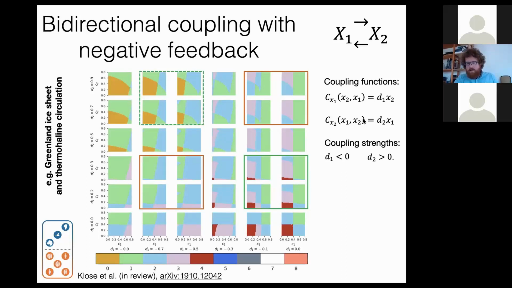because this facilitates the tipping of the thermohaline circulation. But on the other hand, the circulation leads to heat transport from the tropics to the Arctic, to the Greenland ice sheet. So it should in turn dampen it. That should be a negative interaction here. And we can then again do these types of plots where we look at different numbers of fixed points that exist for different values of the coupling strengths for these two couplings, and again find that